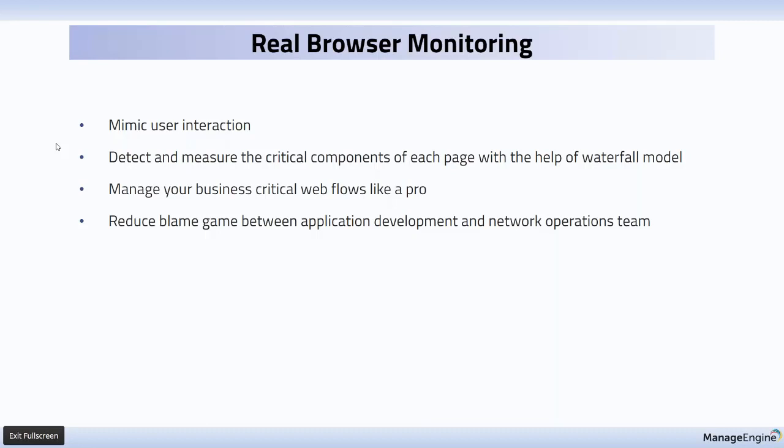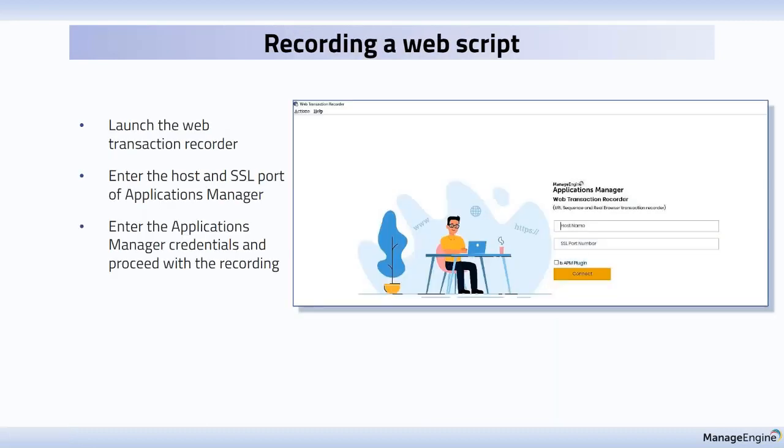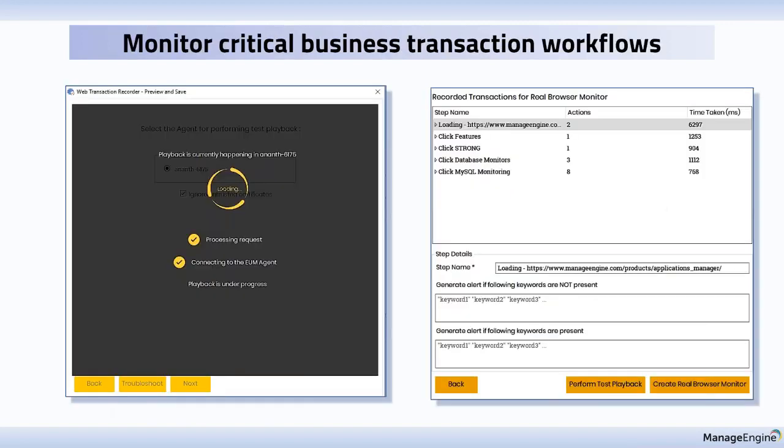So we have discussed recording a web script using the web transaction recorder, and the link has already been shared in the webinar chat panel. We also discussed monitoring the critical business transactions for your workflows and performing a playback in the different end user monitoring agents. In most apps, there are several different journeys depending on what customers choose while navigating the app. To make these user journeys easy, we need to collect the URL metrics from the user experience point of view. The end user monitoring agent has a bundled Firefox browser in it where the actual playback happens,